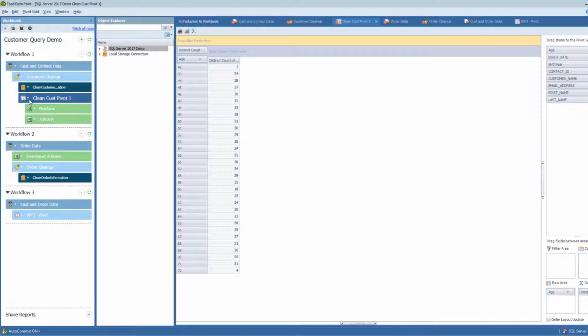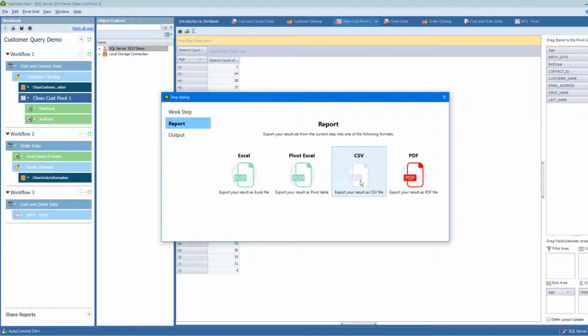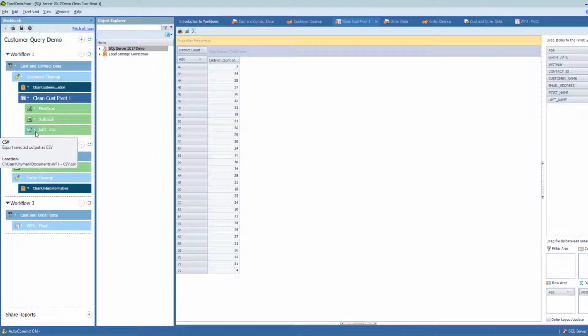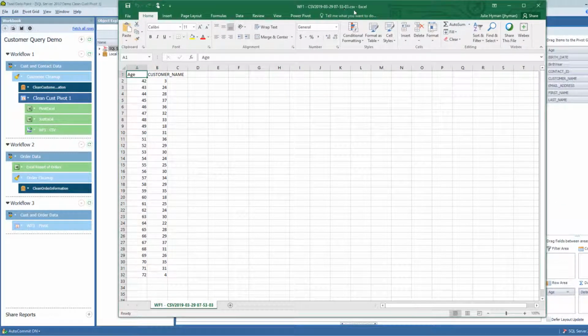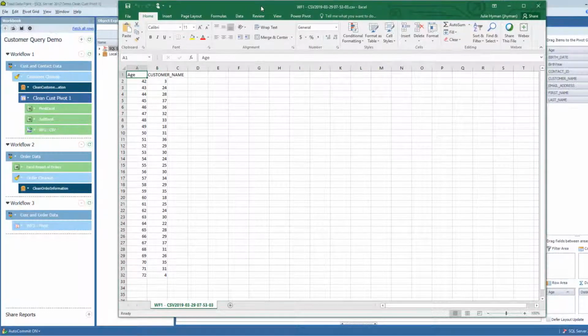Just looking at some of the other outputs that we can do, let's go ahead and add them here so we can kind of see. Off of this pivot table, we'll do a CSV file and we'll generate this report. Okay, CSV files, in my system, they're automatically opened by Excel. That's why Excel opened it, even though the file name you can see up here is a .csv. And again, it's just showing the data as is, not putting any detail, just mimicking again what we have on this pivot report.